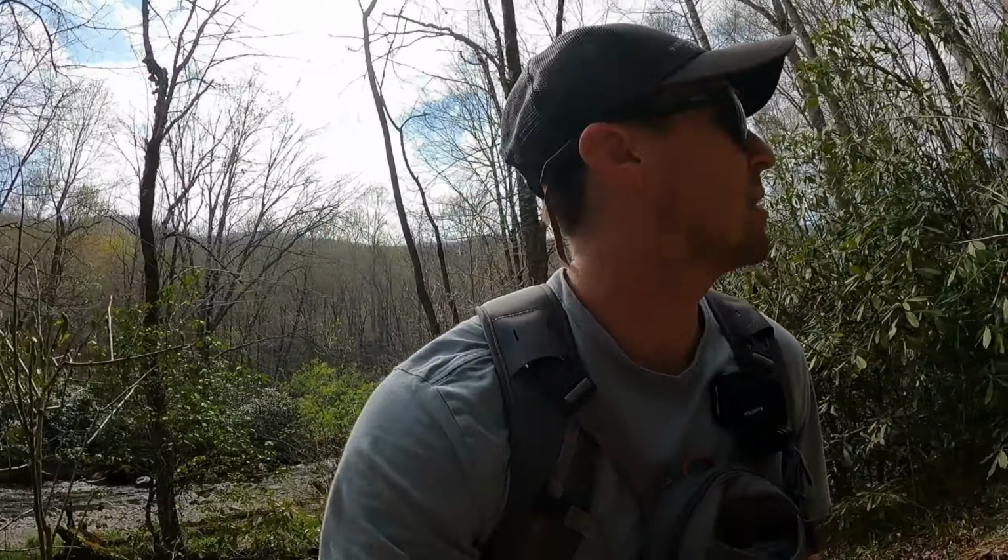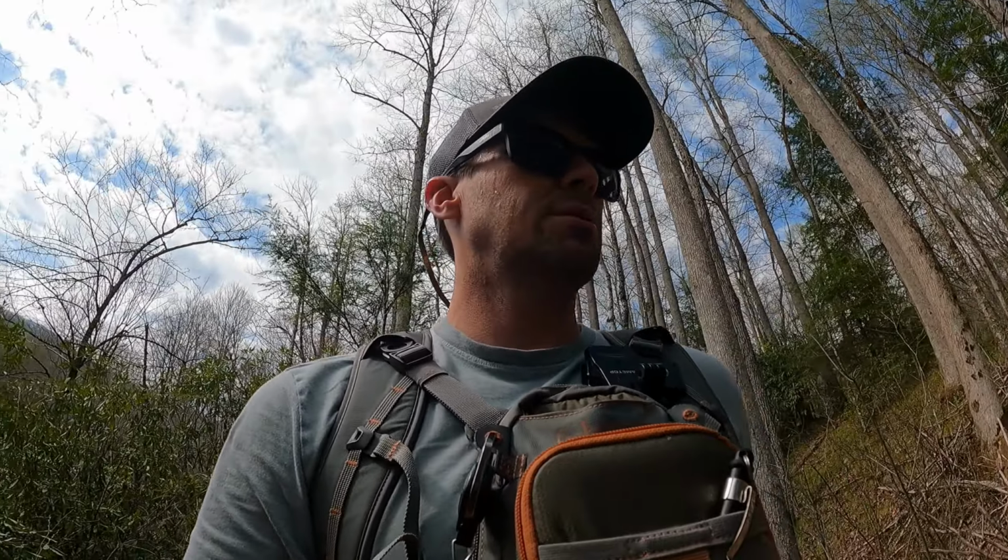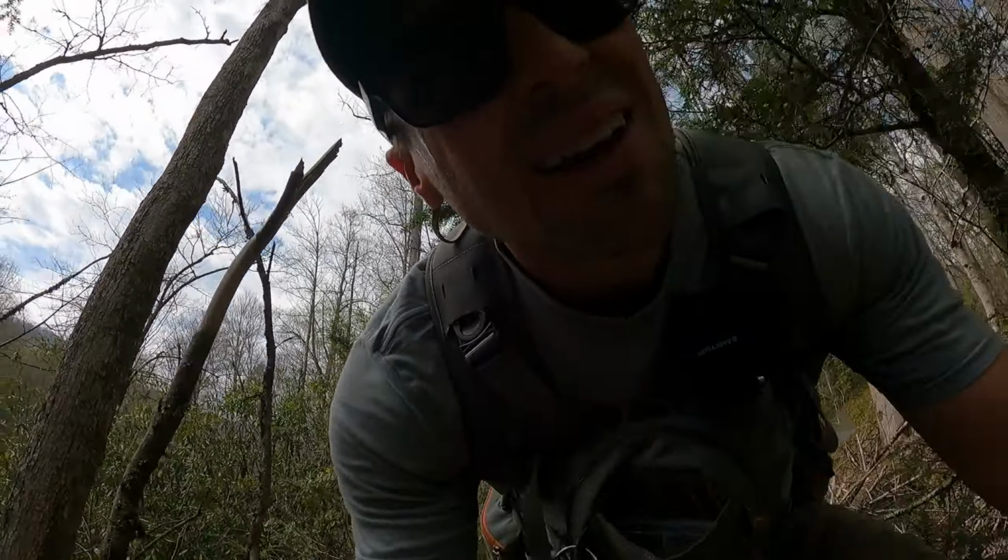Just getting back up here to that little trail we were able to walk down and access the river. They weren't joking. Everything I'd read said that if you hike in there, you would have to wade back out, and that was definitely the case. But it was well worth it. It's an absolutely beautiful stretch of river. Again, I'd fished the lower stretch before. Let's see if I can get through here. Come over some blowdowns. I'd fished the lower stretch before, but never got really far away from the road,